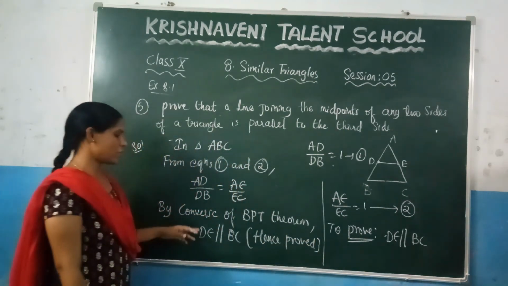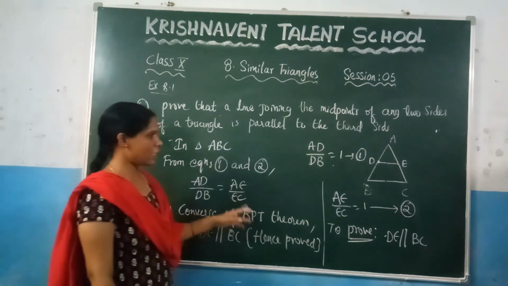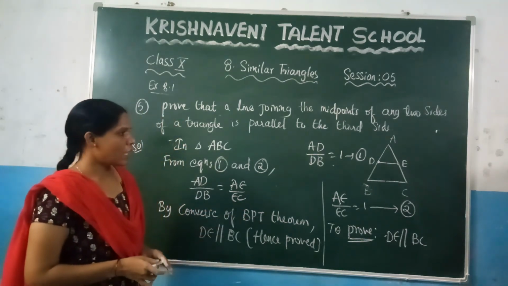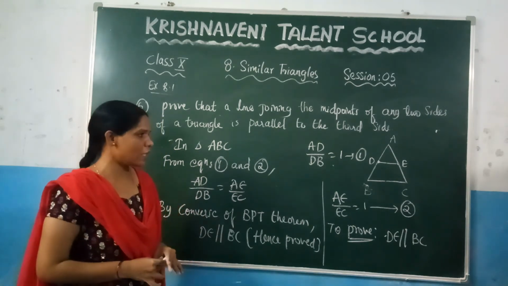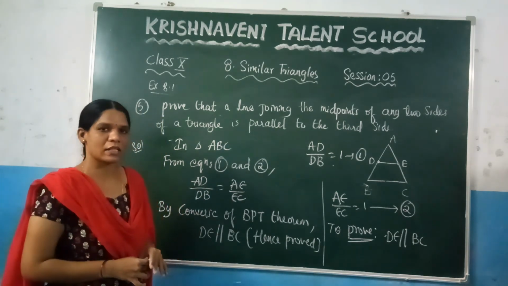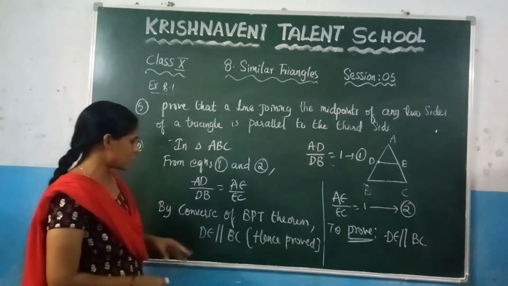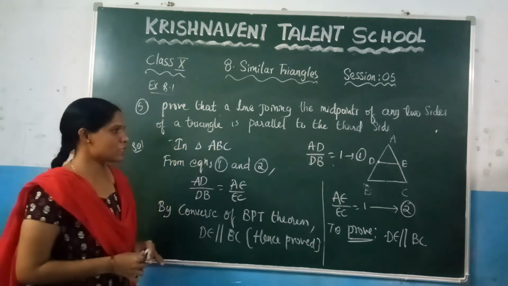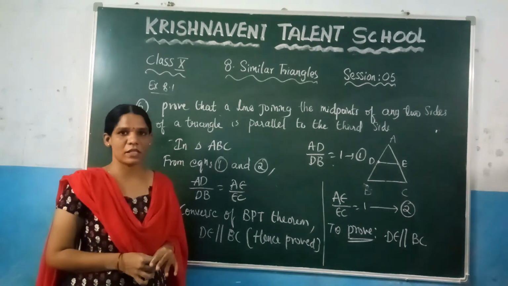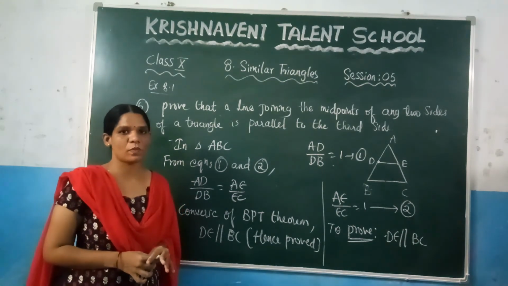Otherwise, at this step you can write the statement such that you can write a triangle ABC and a line DE dividing the other two sides, which is AB and AC in the same ratio. So we can say that by the converse of the basic proportionality theorem, DE is parallel to BC. Now, in this session we have discussed these problems. In the next session we are going to solve the remaining problems of this exercise.